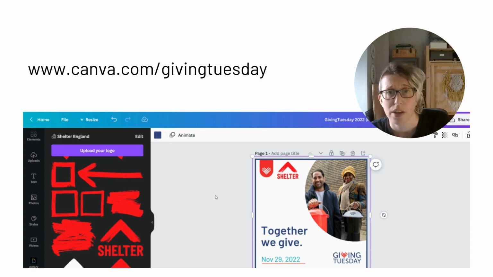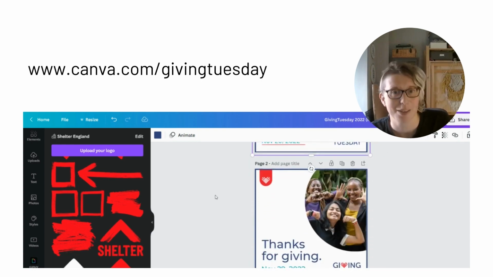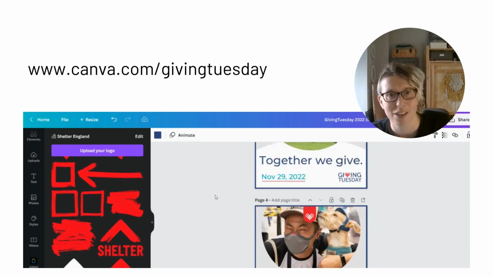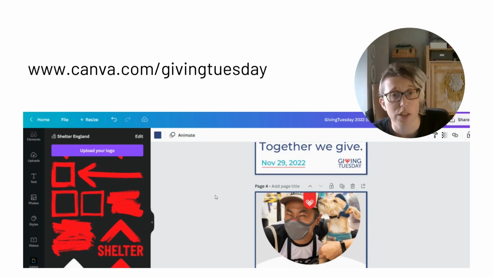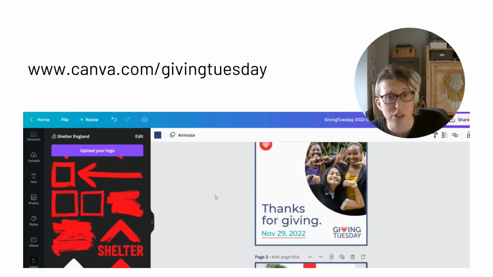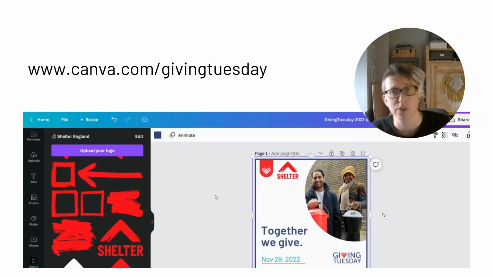We've got Together We Give, Thanks for Giving, again Together We Give, and then Thanks for Giving again. So lots of different options for you to play about with, lots of different types of designs depending on what you want to do. There's also lots of space to add in your own key messaging as well. So if there's a specific call to action, a specific thing that you're wanting people to do, in our case, we might talk about the housing emergency or fight for home. So we might add that in as an extra line as well. But that is a general overview of one of the many things you could do with some of